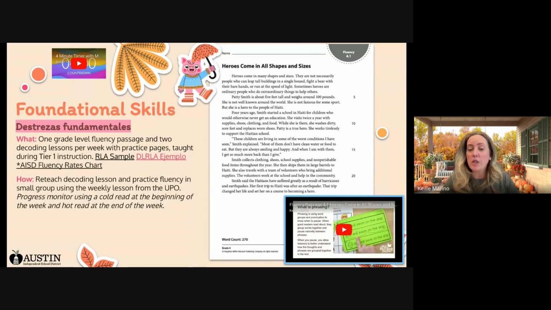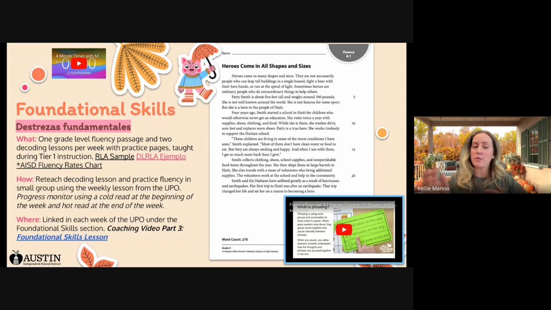And we would strategically monitor this using a cold read at the beginning of the week and a hot read at the end of the week. And where are these resources linked? So the foundational skills materials are all linked in each week of the UPO under the foundational skills section or